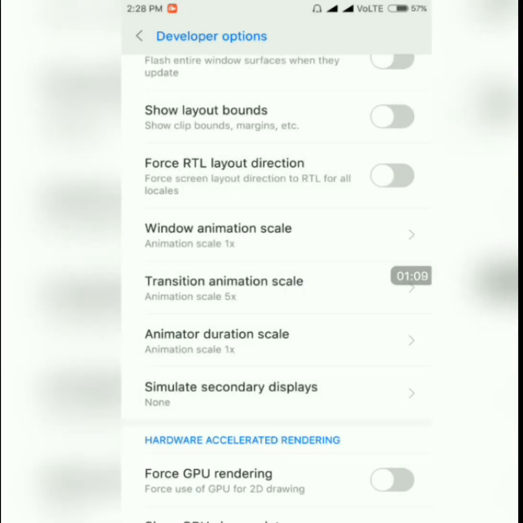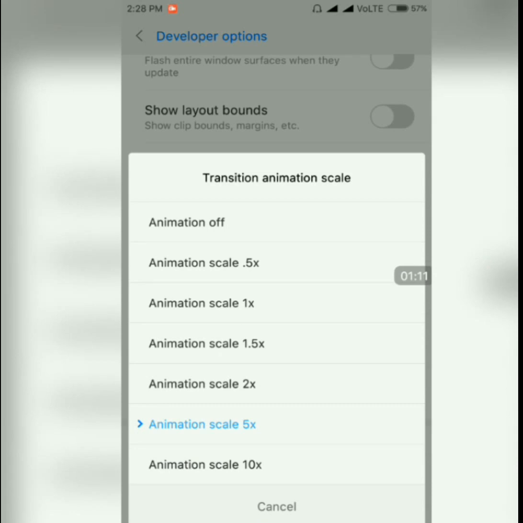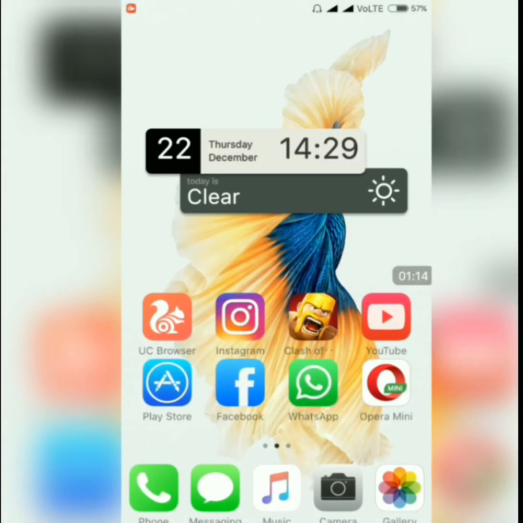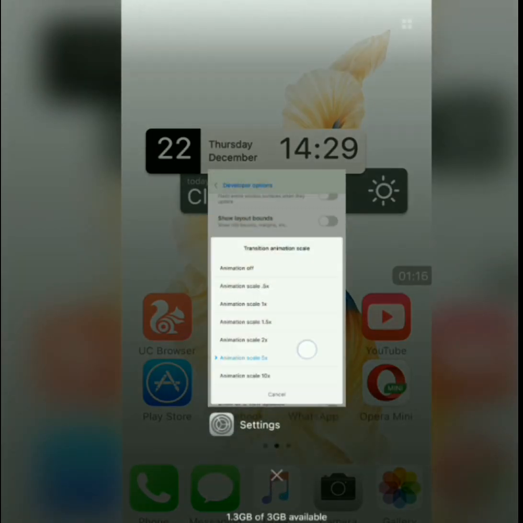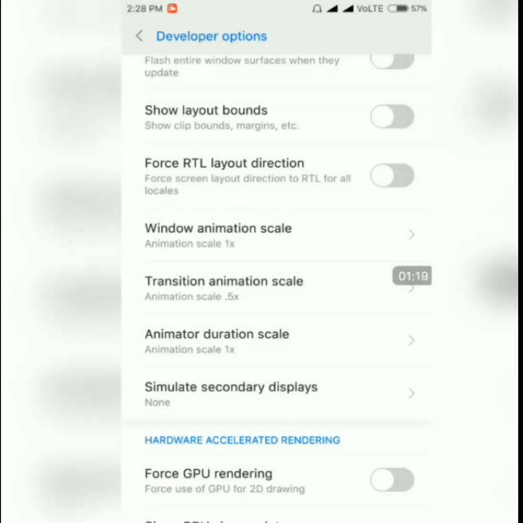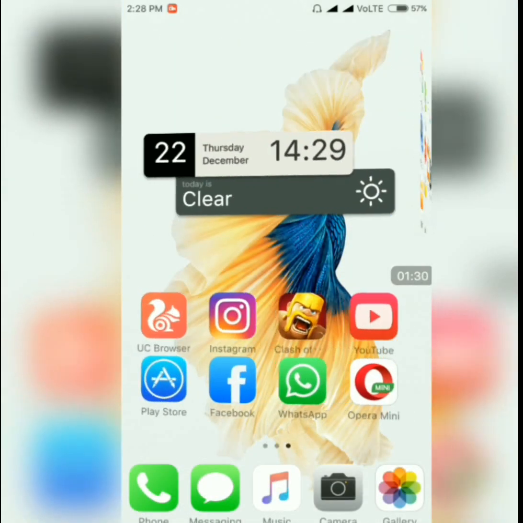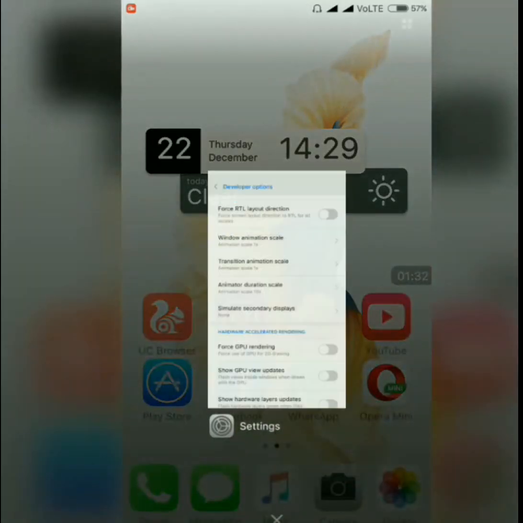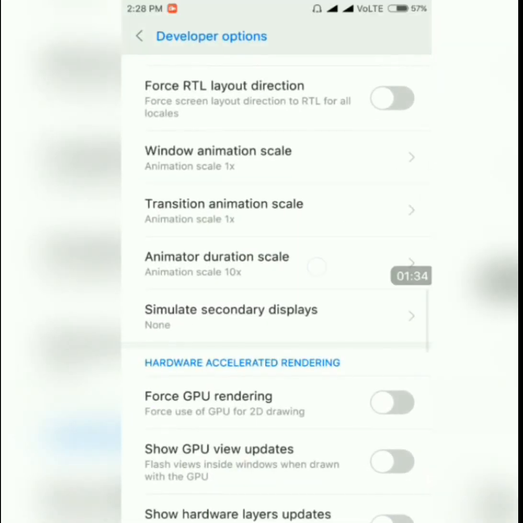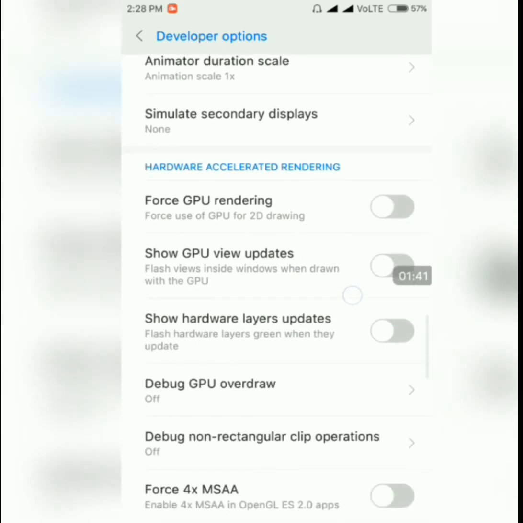By setting different options like 5x, 10x, you will definitely find a difference in the switching of apps and transition effects. As I have 3 GB RAM, there is no need for me to set the animation to 0.5x, but if you are using a low-end device, then select the 0.5x option. Then, after selecting these options, try to test the speed by switching apps. You will definitely see the effect. It is for speed management of the Android system.